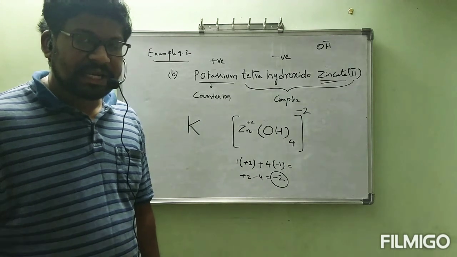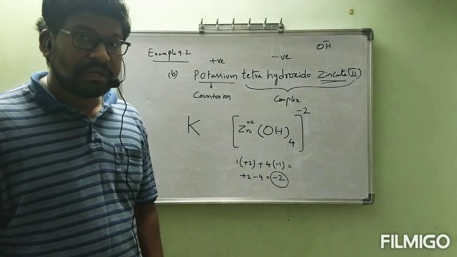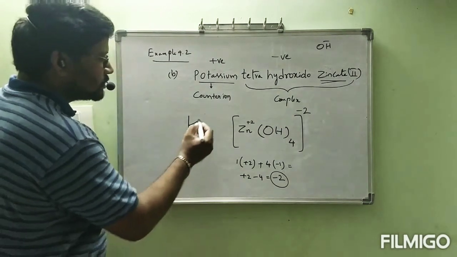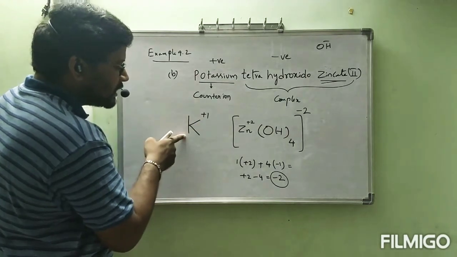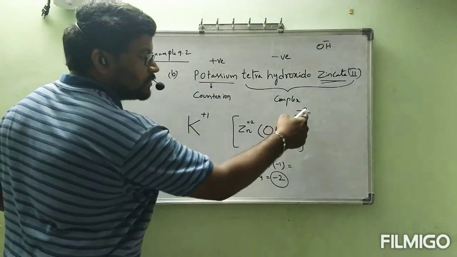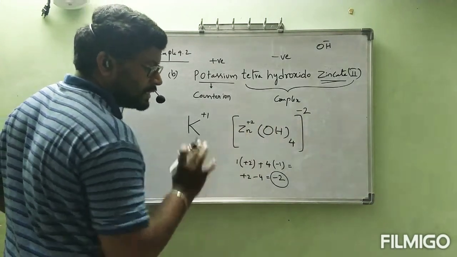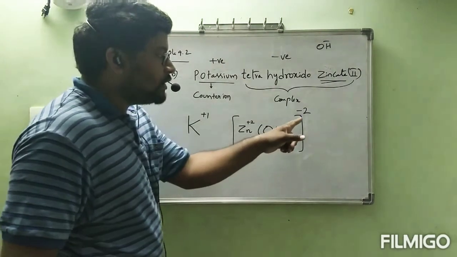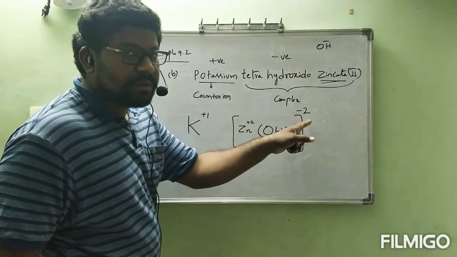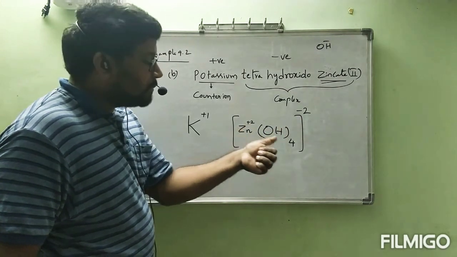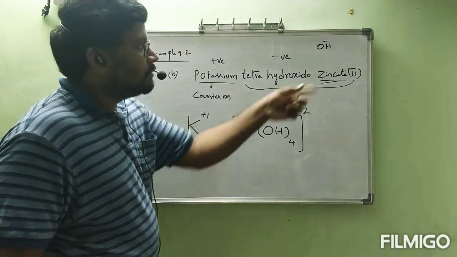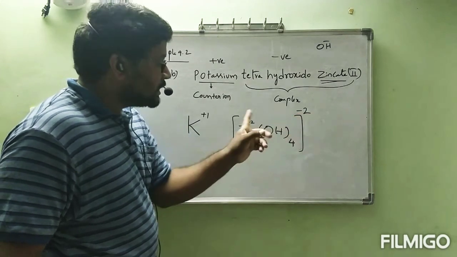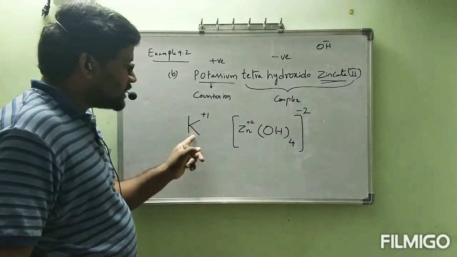Right? Nearest inert gas configuration, argon. To get the argon configuration, potassium wants to lose one electron. So it will show +1 oxidation number. So do one thing: counter ion potassium +1, complex ion charge -2. Write like this. How did we write this complex ion negative charge? Did you understand? Yes, -2. Charge present on metal plus 4 into charge present on ligand, OH minus. 4 into -1, -4, plus 2, we got -2. That is the charge present on the complex. This is the charge present on potassium.